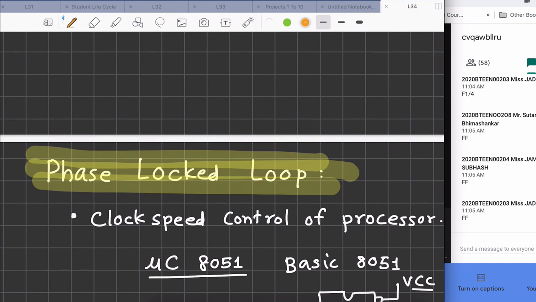So in the next class we will understand how the phase lock loop works, what are the internal blocks, why the blocks are there, how they are connected, why they are connected that way only, and how the blocks interact with each other, and how phase lock loop can result in multiplication of frequency. Are you getting the point?